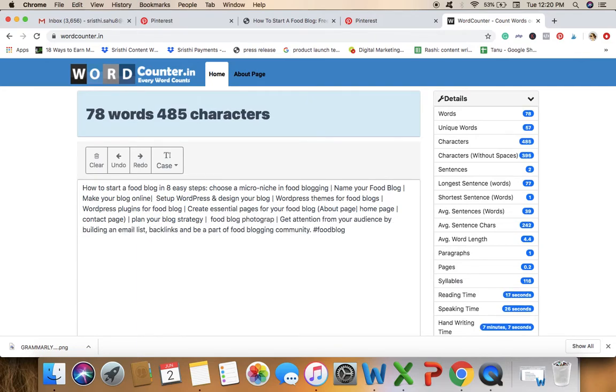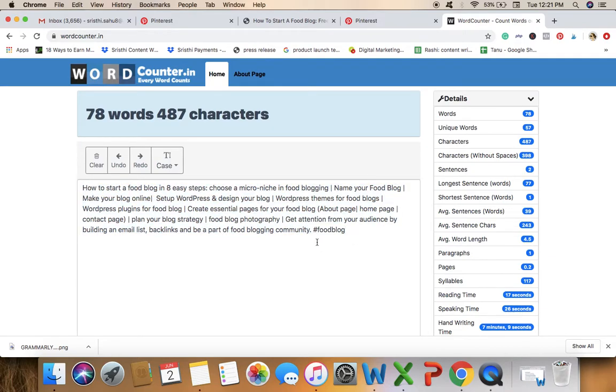Photography. Yeah, it has reduced certain characters, but that's okay, I think, because as long as we are getting our keyword, then I think it's okay. Now I'll just bring you to the last part of it. So everything that I have mentioned here is from within my blog, and there are so many keywords within.